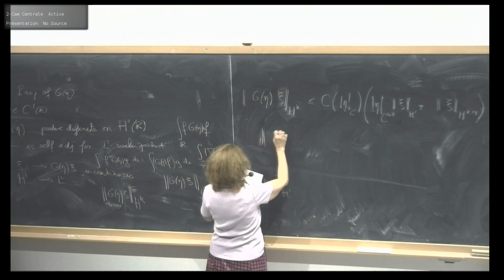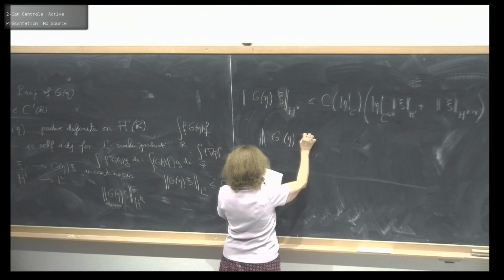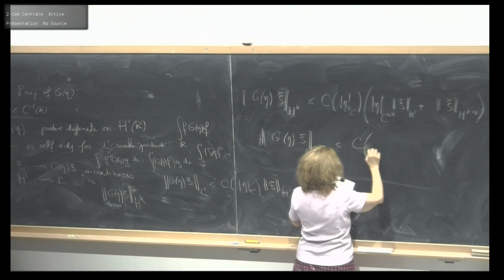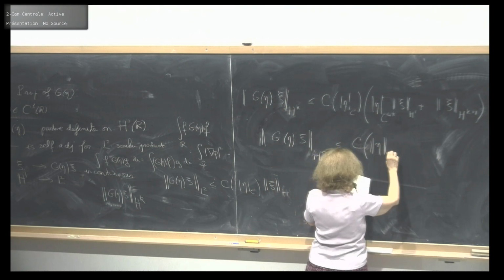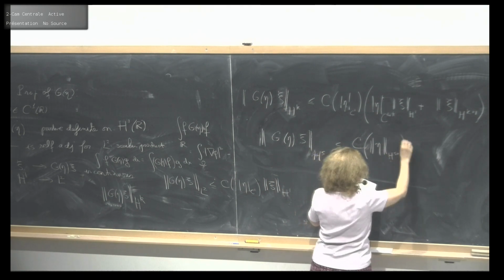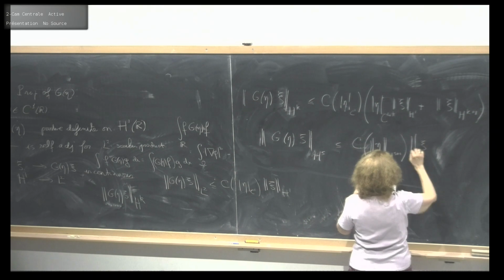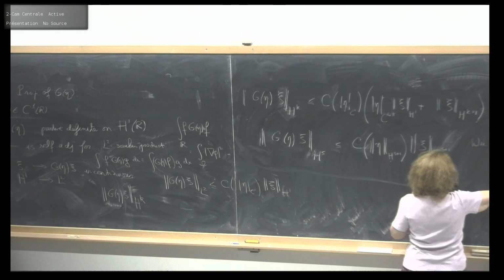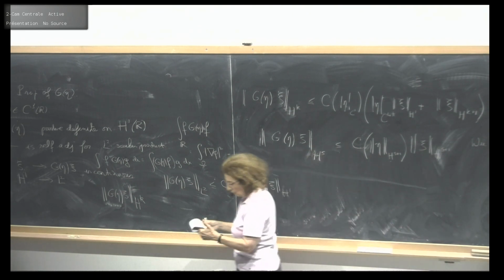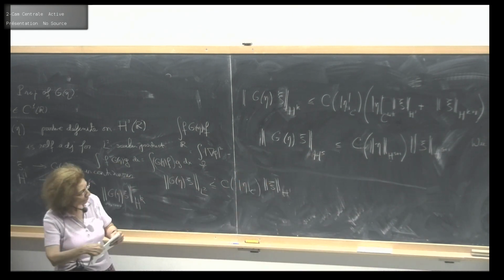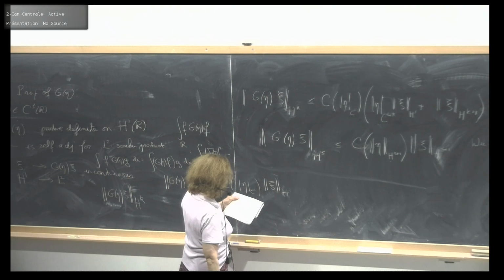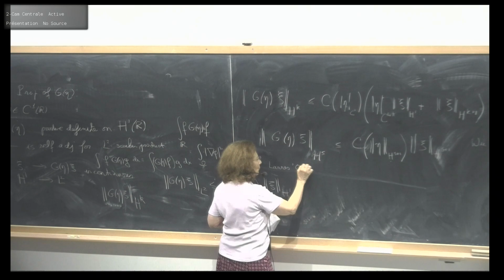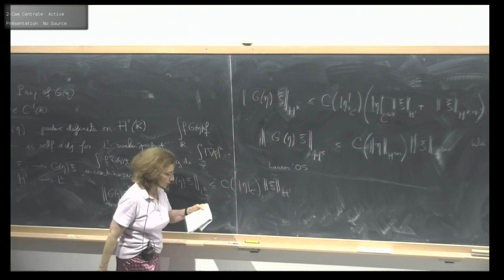This one is due to C.J. Wu. At some point, she established something like this. So it was a bound. That was C.J. Wu in '87, and then I would like to mention also the one established by David Lannes, because that's the one that was useful for his derivation of local well-posedness.